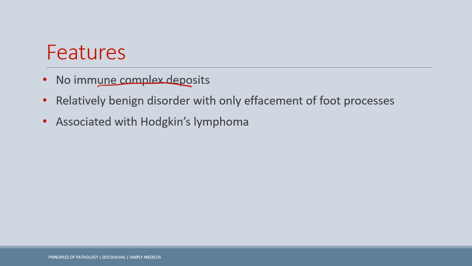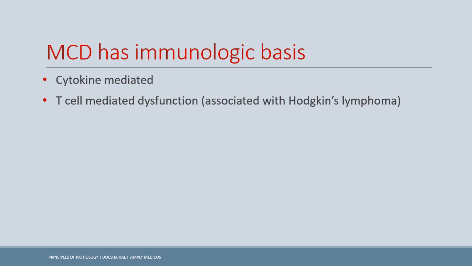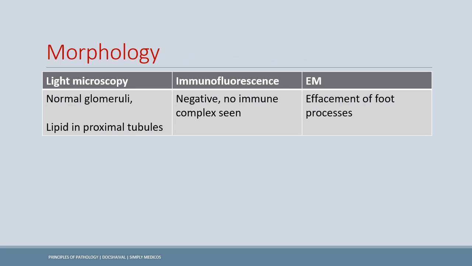However, we have the immunologic basis, and that's high yield, guys, because we have the association with Hodgkin's lymphoma. And now, if you see that immunologic basis is there, it's cytokine mediated. And recall that in Hodgkin's disease, we have T cell mediated dysfunction, and that is causing its association with the Hodgkin lymphoma patients. Now, in the minimal change disease, we have the normal appearing glomeruli as from the name,